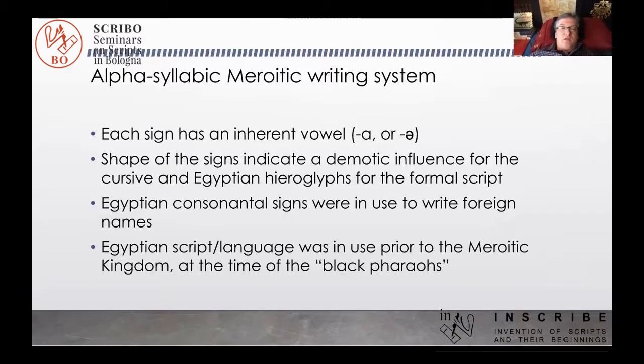In the Nubian kingdom, in the Napatan kingdom, the time of the Black Pharaohs, if you're familiar with that. So it is not inconceivable that they knew those consonantal signs, particularly the demotic version. And the demotic version was more common and was cursive, and that seems to have been the main inspiration, not the main hieroglyphic monumental script, but the cursive script used for demotic. Now,